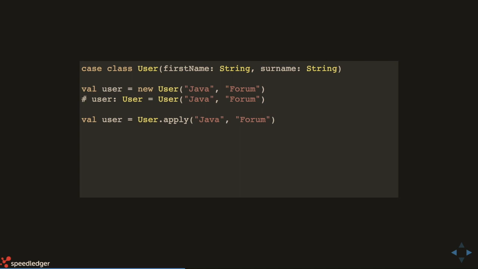And if you have classes that are not case classes, you can also add apply methods for those so that you can skip the new keyword. And this will give the same result as the previous one. And then you can just remove all the extra things and just say, yeah, I want a user, and these are the values I want in it.